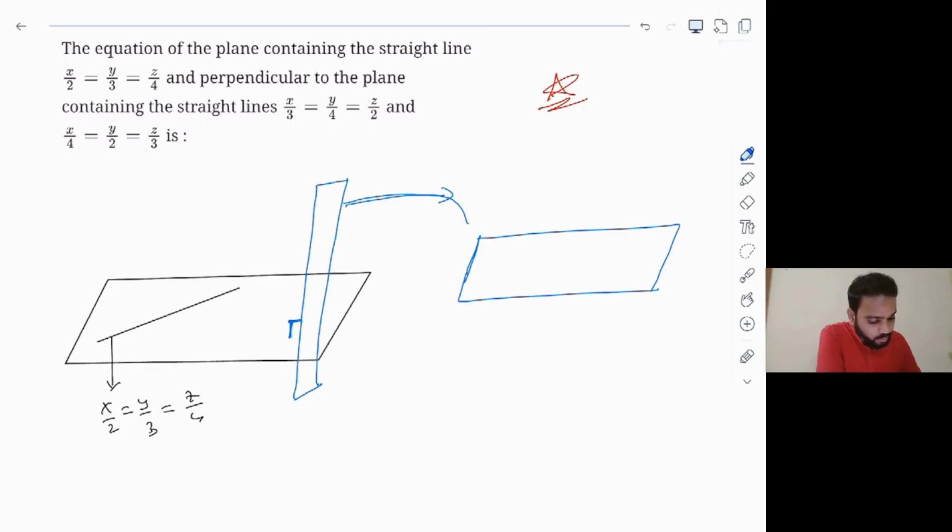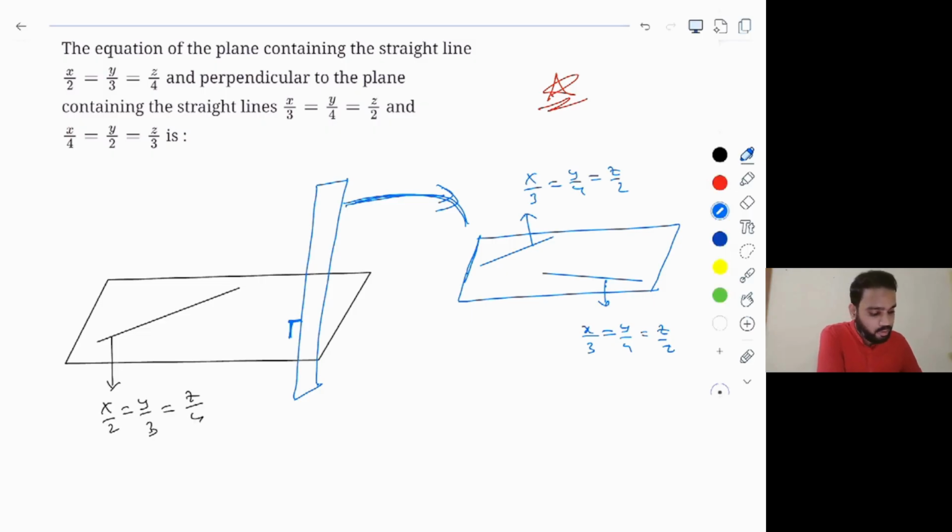So this is the same plane I'm drawing separately just to make you understand clearly. Now they said that this plane is containing two other lines, right? So let us draw it like this. This is the line given by x/3 = y/4 = z/2, and this is the other line, x/3 = y/4 = z/2. Okay, now what I'm going to do is, first of all, I'm going to find out the